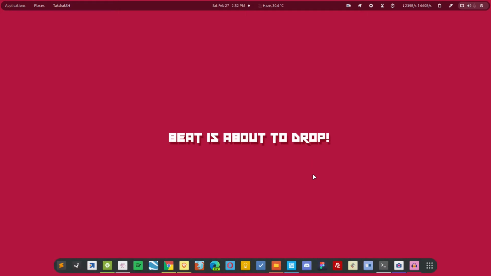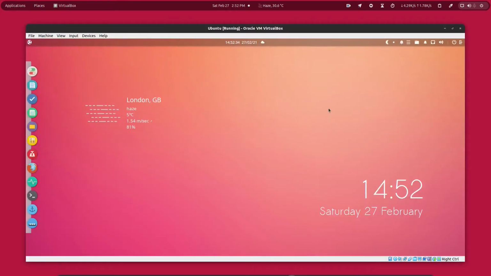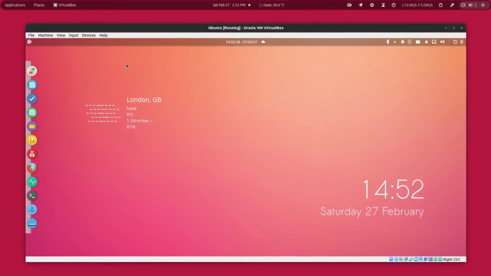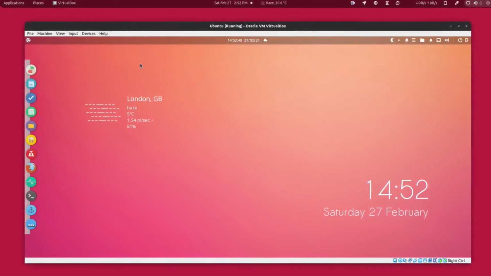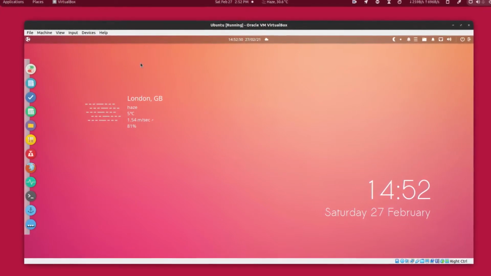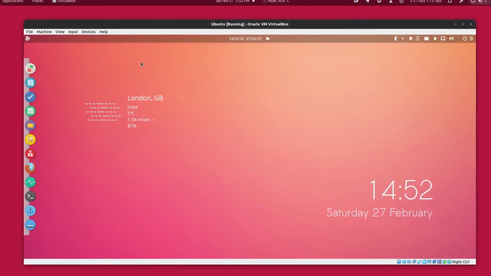Hello there and welcome to Linux Chess Duo, and this video guide is about how to enable two-factor authentication on your Linux distribution. For the demonstration I'm going to use Ubuntu, but you are free to use any Linux distribution. To achieve that we need to use the Google Authenticator package, and that package can be downloaded using the package manager of your Linux distribution.